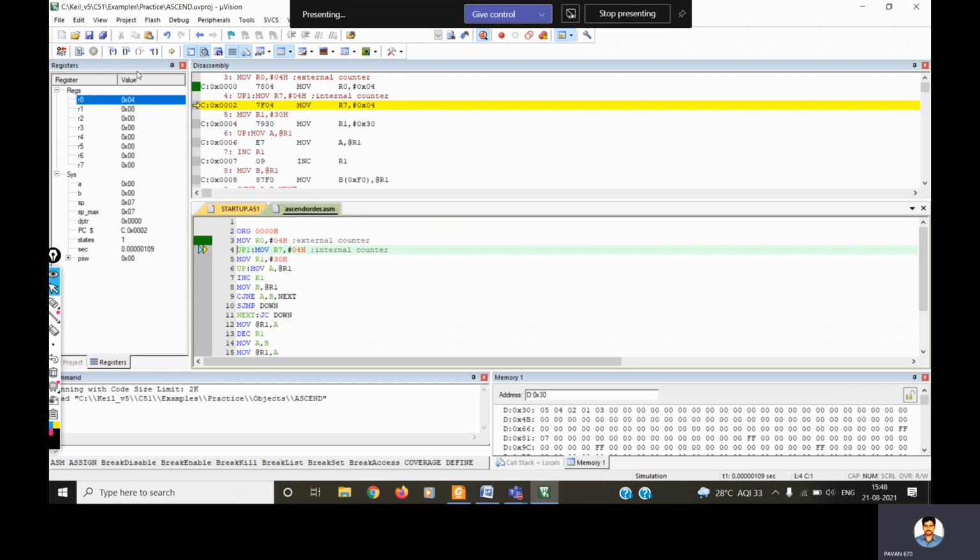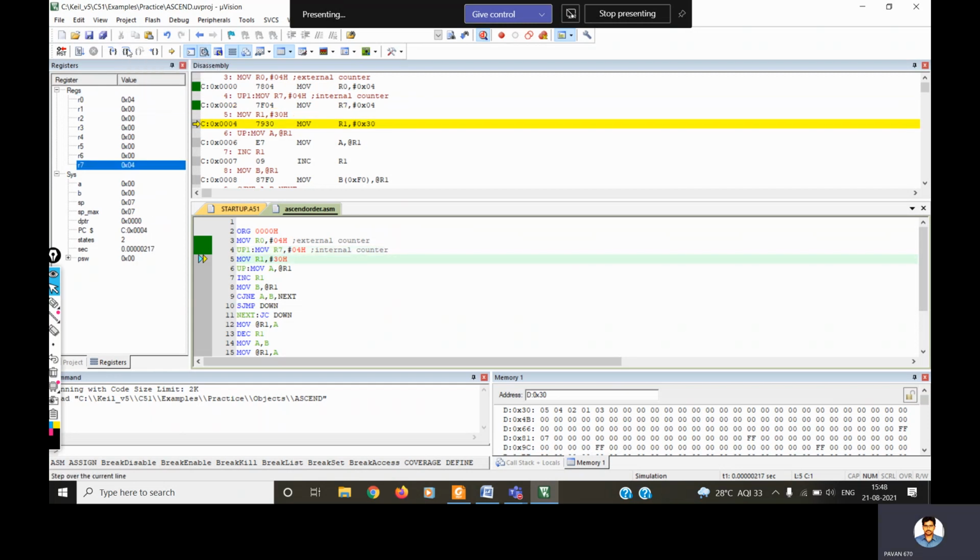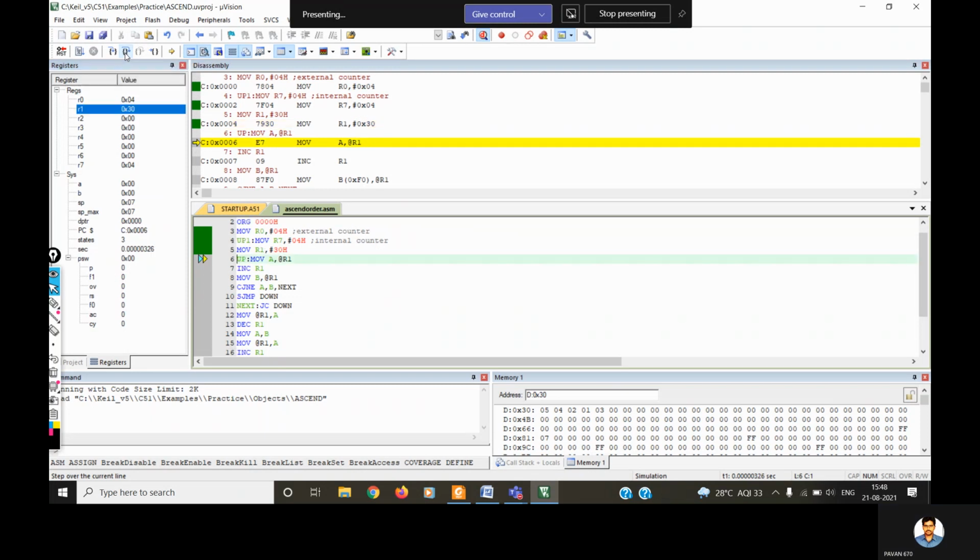If we keep on pressing these lines, we can understand register by register what is happening there. Similarly, you can expand this program status word also, so that you can monitor which flags are getting affected. So what is happening now? R1 is loaded with 30H value, so that R1 now refers to the 30H memory location. This one.